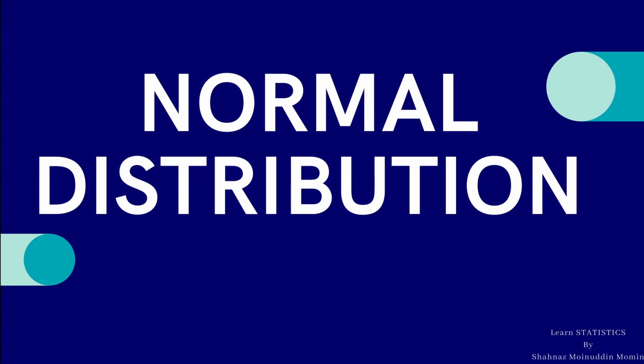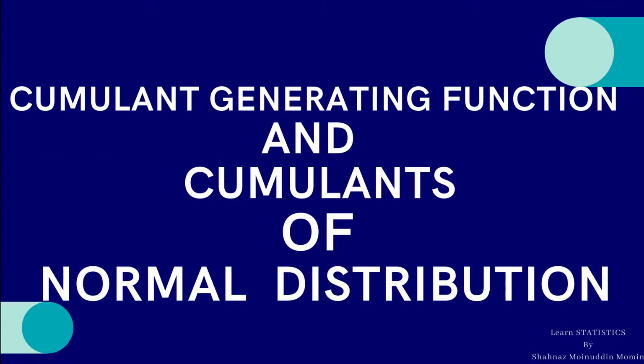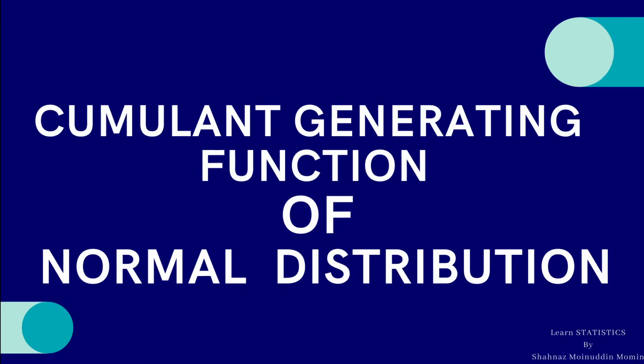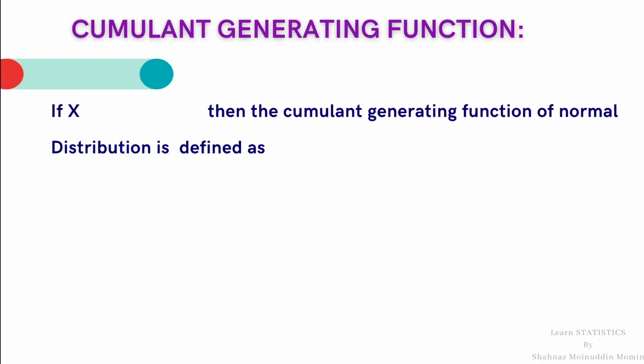The topic of today's lecture is normal distribution. In this topic we will discuss cumulant generating function and cumulants of the normal distribution. So we shall start with cumulant generating function of normal distribution. If X follows a normal distribution with parameters mu, sigma square, then the cumulant generating function is defined as, abbreviated by K_X(t), equal to log of